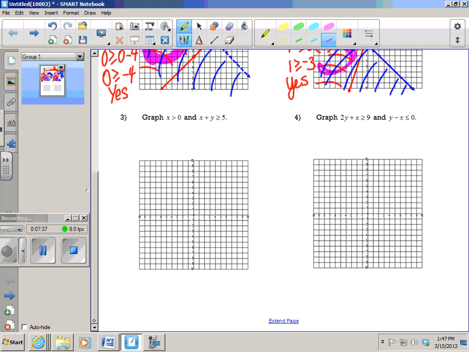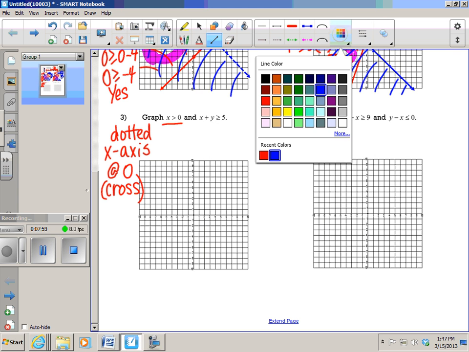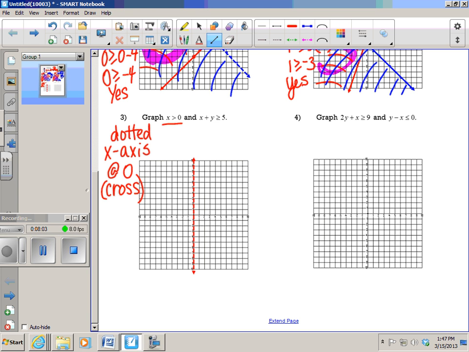So moving right along to examples 3 and 4, starting with my red line, x is greater than 0. This is a dashed line. It is a line that crosses the x-axis at 0. So how do I get across the x-axis? A dashed line going straight down like that, crossing my x-axis